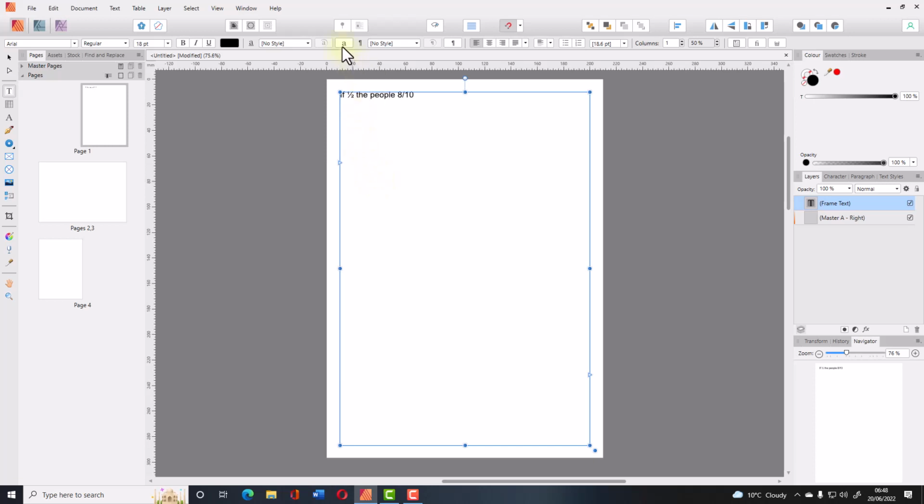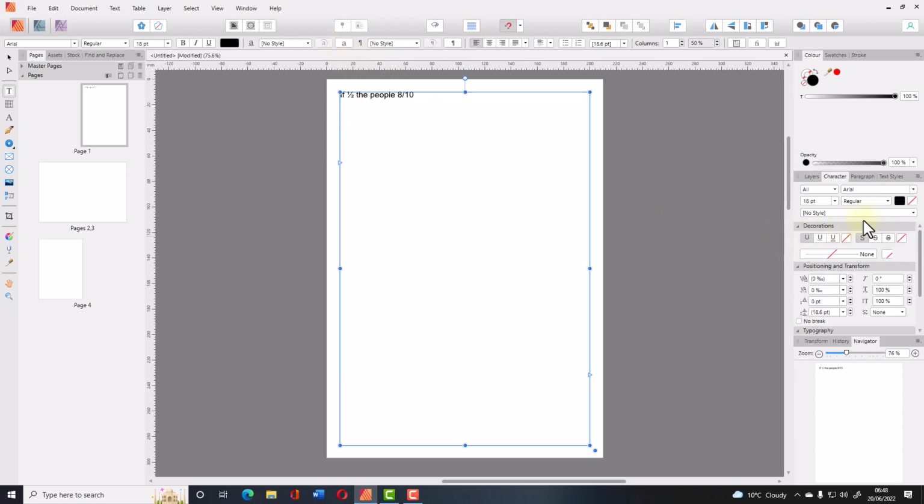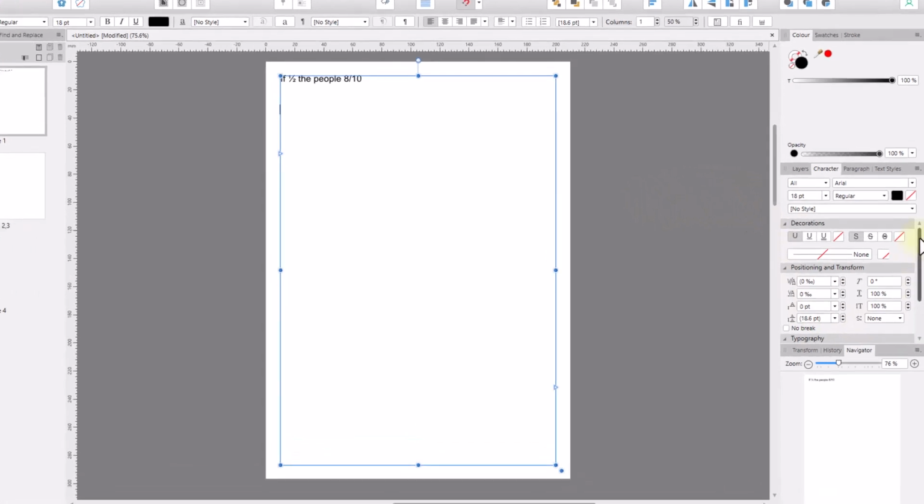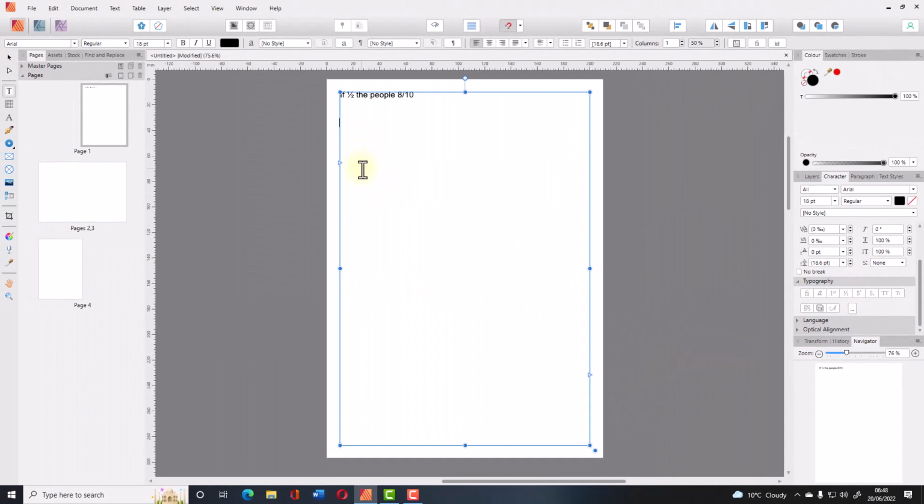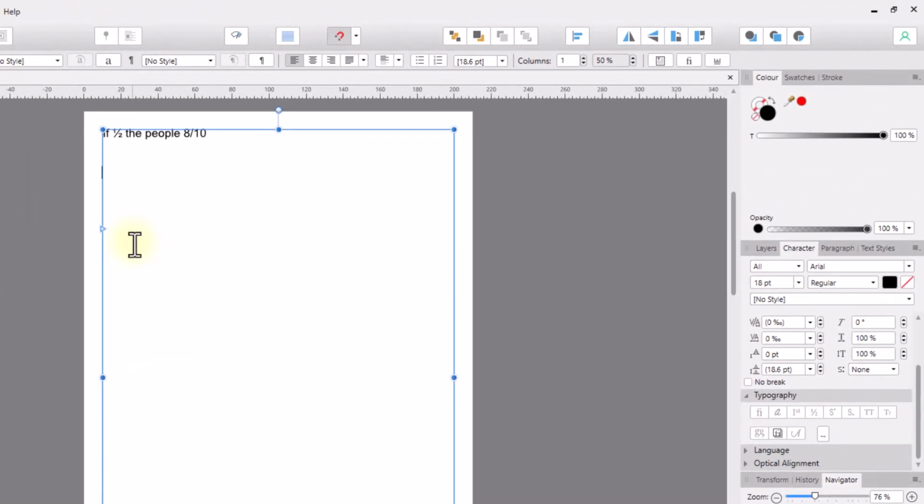So like I was saying, if you have the character studio open, now in Publisher it automatically will be in the studios over here on the right, but in Photo it opens up as a floating studio, and I would imagine it's the same in Designer. But if you come down here, we have the typography section, and if I type the same thing in, so we've got, if we go with the 8/10 that I did earlier,